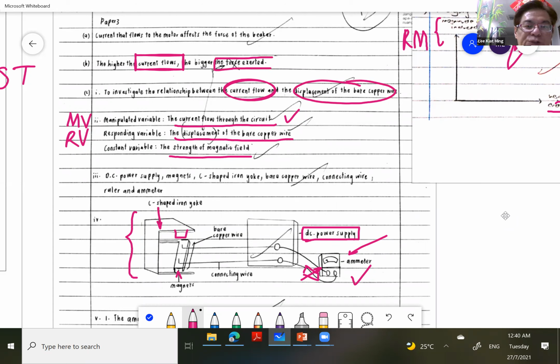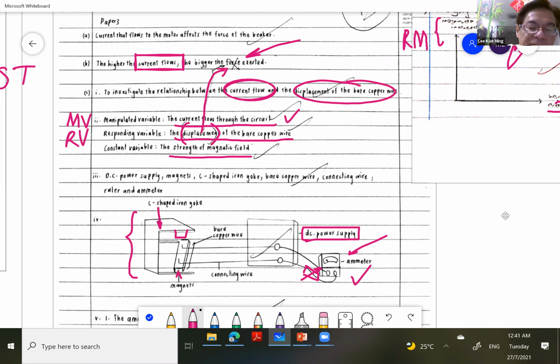This student changed to the word force. That's why it's wrong. You notice the student wrote the word force there. I erased it so that you can see. That's why I put a cross there. You nampak? I put a cross there. Then you should use back the same word, displacement. All right. You don't change the word